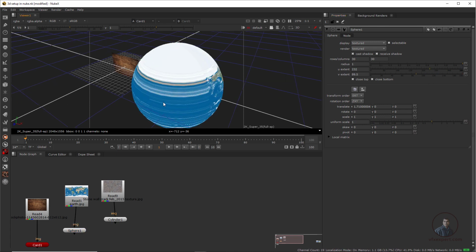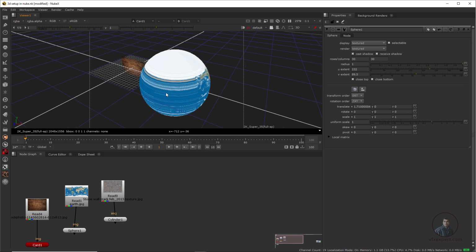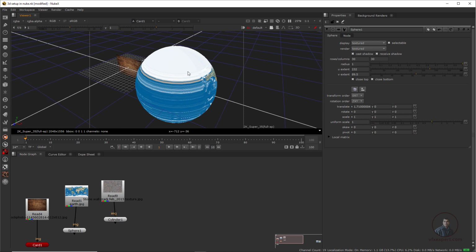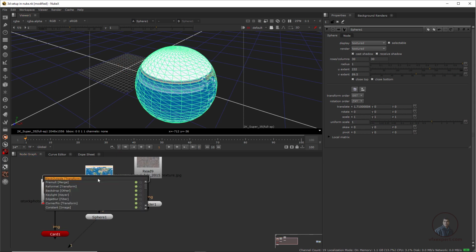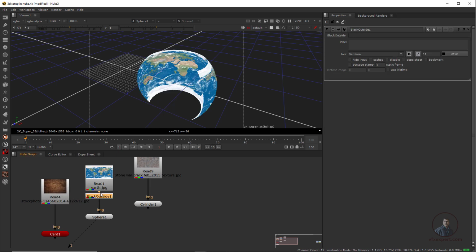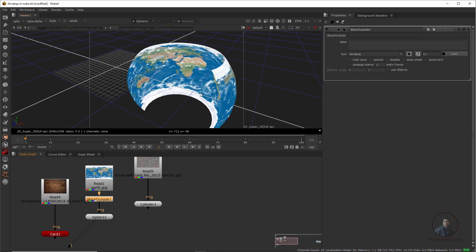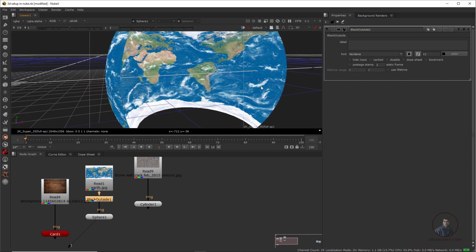So now here if you will see some stretch textures here, this means actually this area is open, but it's not showing here. So before this geometry or after this texture, we have to take a black outside node here, then only this will show open. Then press tab and type black outside here. So you will get this black outside node here. So now just connect it. So now you will see here, this is actually open here.